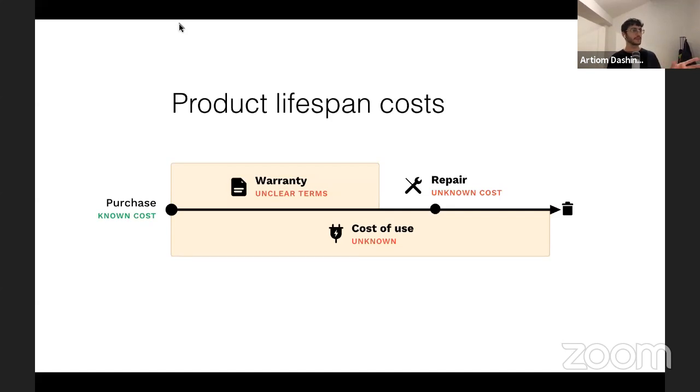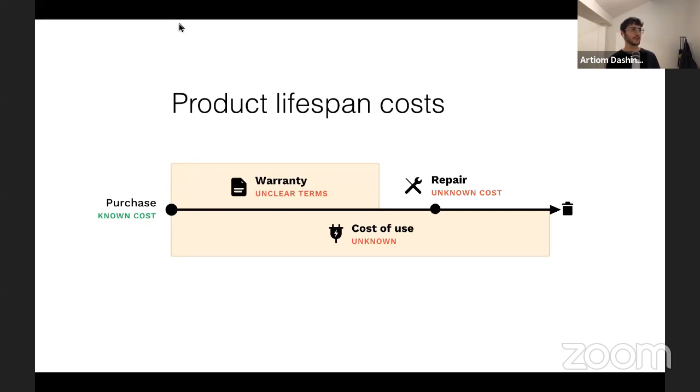On this slide, you can see this representation of how I see the lifespan of a product and these blind spots that we currently have. So we're buying something, and we don't really understand what the warranty is about. In the description, we might read, oh, it's a 2 years warranty, it sounds good, but let's say you have a problem with this product. What are you actually doing with that? Are you supposed to send it to Amazon?